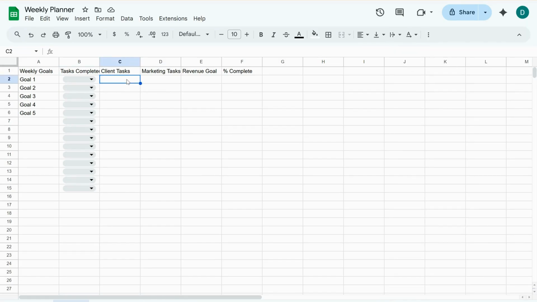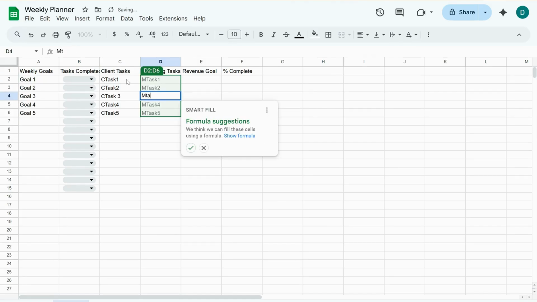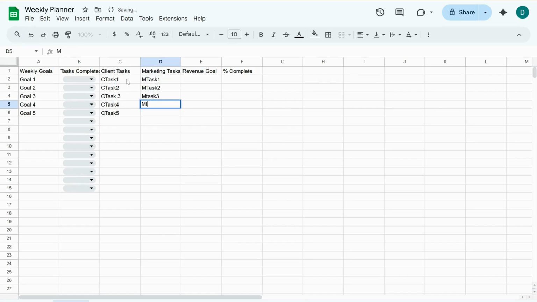Next up, we're going to add client tasks and marketing tasks. So these are the tasks that obviously either the client or one of your marketing team members is going to have to do. And we'll just pre-fill those. Let's name them C task and M task. 3, 4. These are just almost like note sections to let you know where you are with each one of these goals